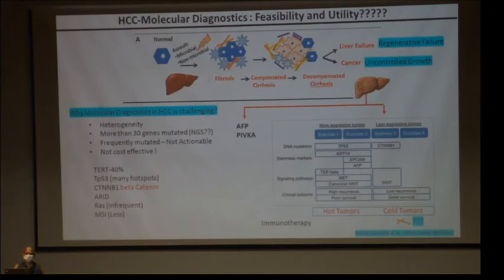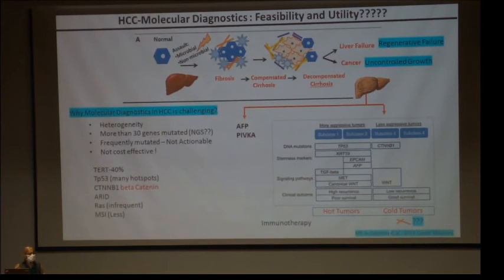So the challenge with HCC, and sir has been asking me to do this for a while, but what we find discussing with Dr. Archana is a lot of heterogeneity. There are more than 30 mutated markers. You can do it with an NGS, which will not be cost effective, almost 30,000-40,000 rupees. The problem is, even if you spend this much money, the target should be actionable. If there is no actionable target, is that value really needed or not? So it's not cost effective.